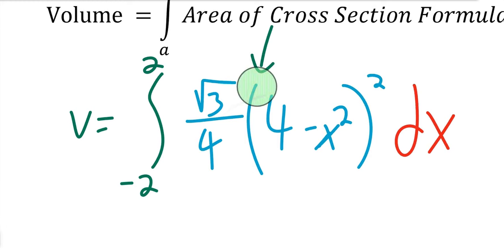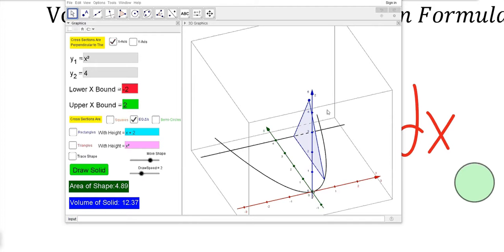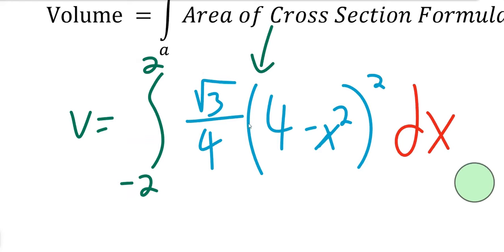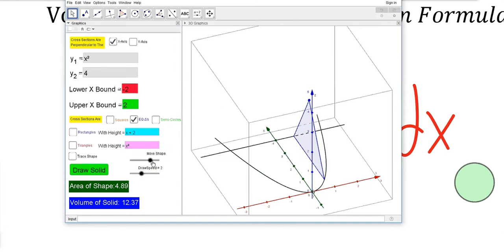Well, let's take a look back at our visual 3D of this shape to get a better understanding of why this formula works. Again, this right here gives you the area of each of those triangles, and we're going from -2 to 2. Okay, so the area of each of these triangles in blue, as we said before, is just square root of 3 over 4 times (4 minus x squared), and we're going from -2 to 2. So just imagine if you have infinitely many cross sections for this three-dimensional shape, right? So let's just start at -2. Obviously that doesn't have any height at all, so there's really nothing there. But as you keep going to the right,